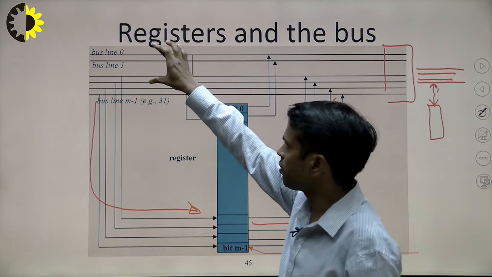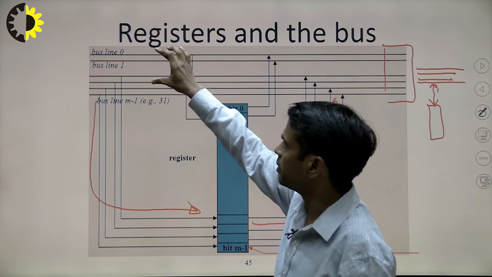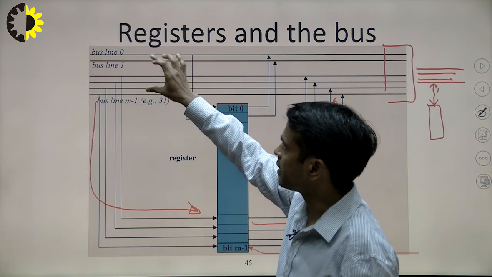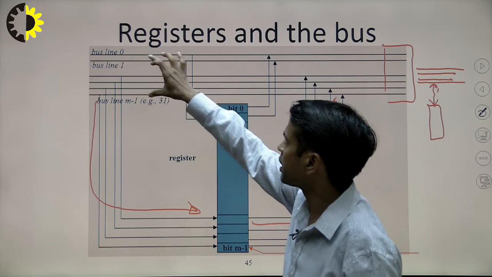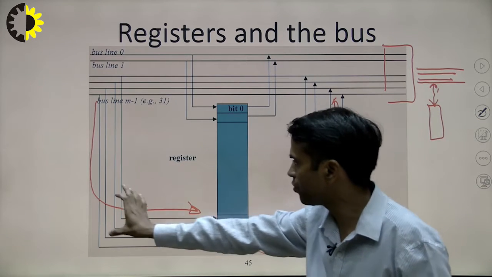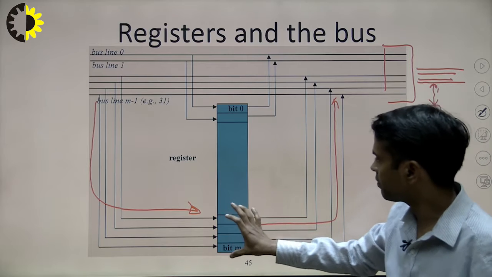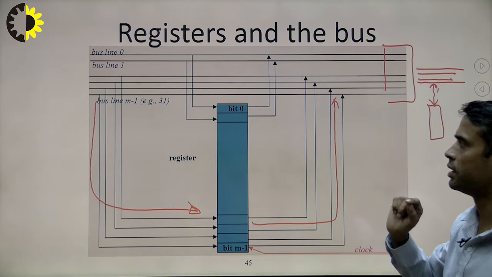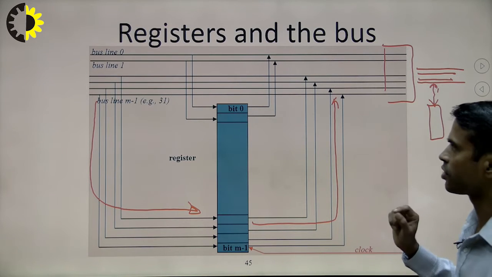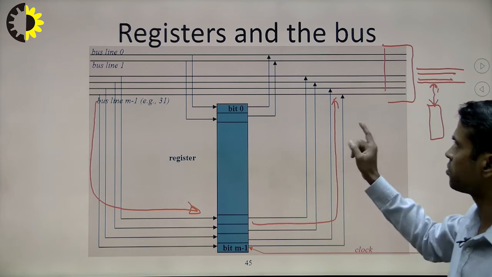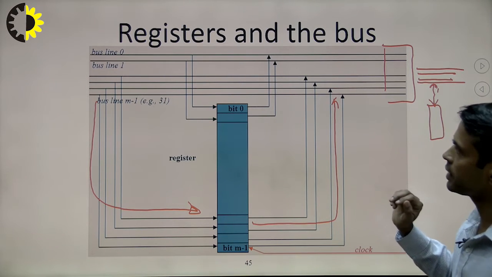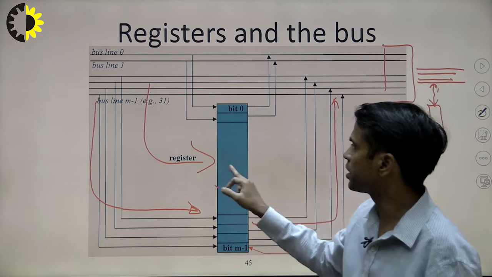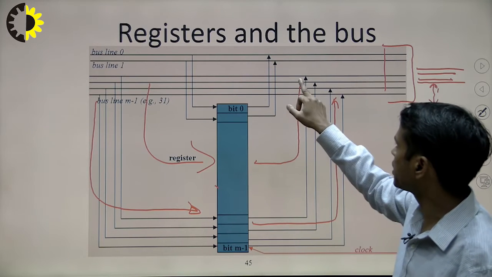So, the number of bits, say for example, there are bus lines numbered 0 to 31. So, there are 32 bits here to be transferred on the bus. So, 32 bits can move from bus to register and from register to bus. So, this simple operation is to be performed for the transfer of data from bus to register and register to bus. Now, a very interesting thing: is this channel directly open, and anytime data can come from bus to register and anytime it can go from register to bus?